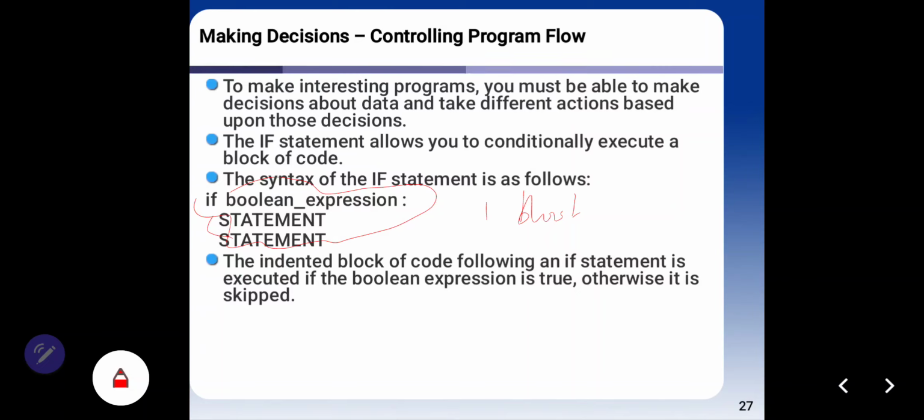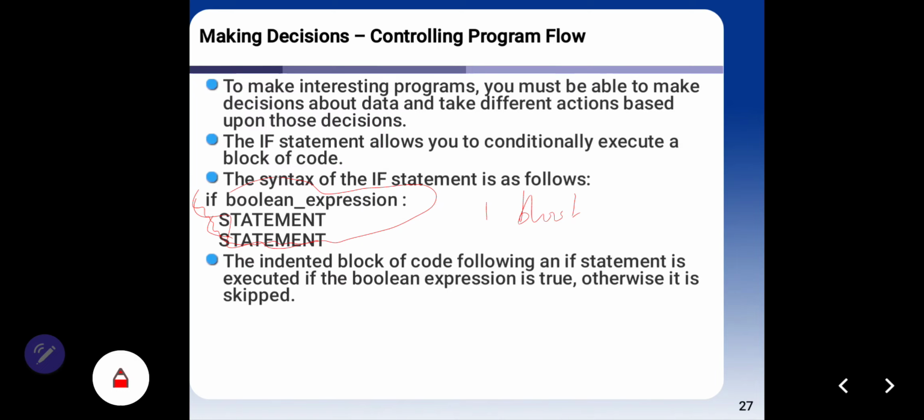You have to think about indentation when you write if Boolean expression. Don't forget about this, how to create code for an if Boolean statement.